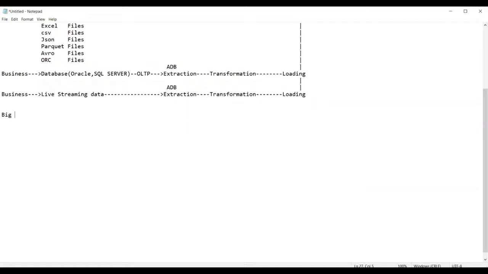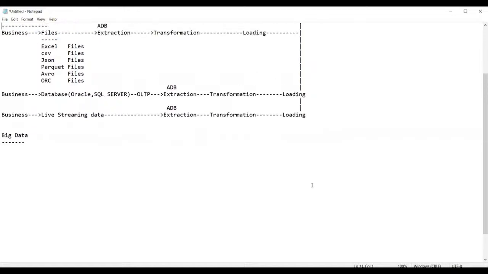Now, next after this, let us see exactly what big data is. Now, guys, what is big data? Big data is nothing but whatever data you're getting from the business; this is called big data. Big data is not a very great concept where you need to get confused. Just split it. Big means huge or massive. Data means information.